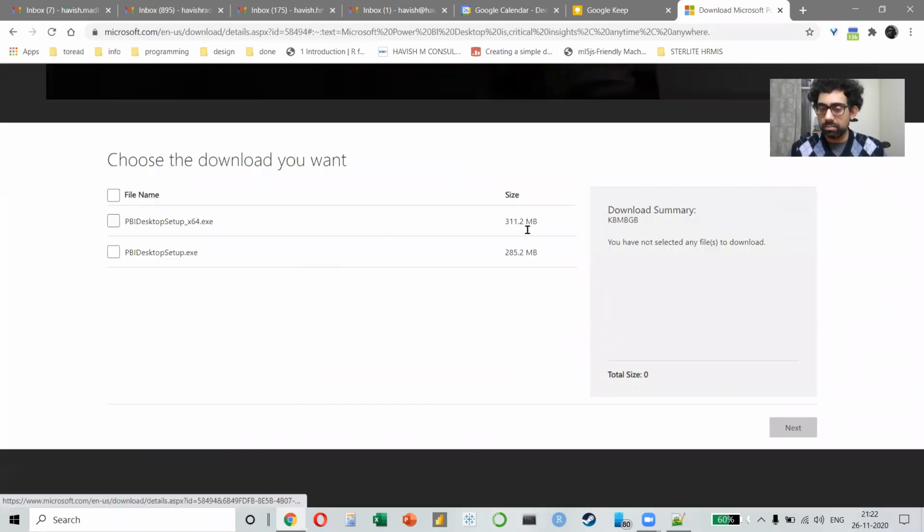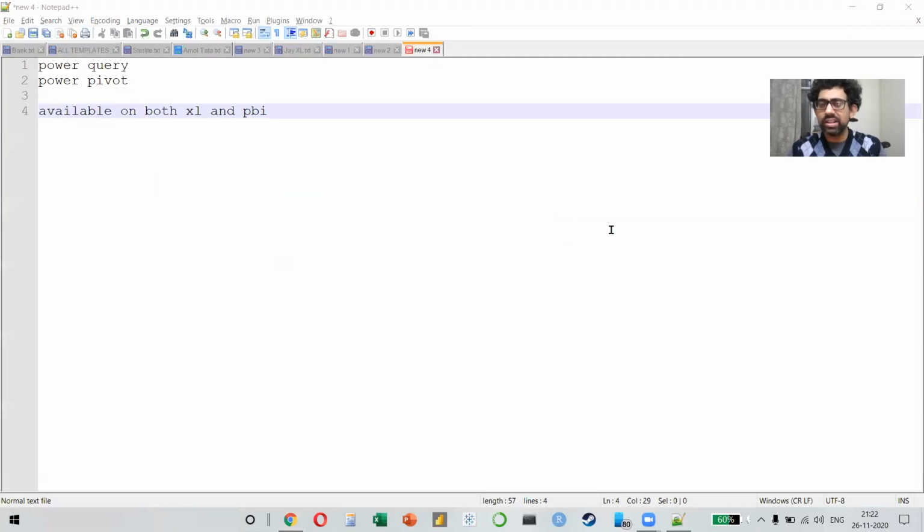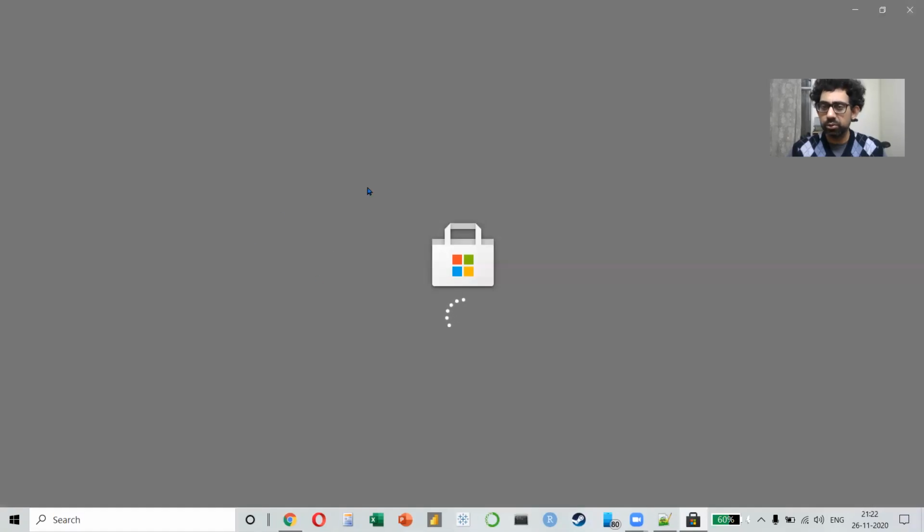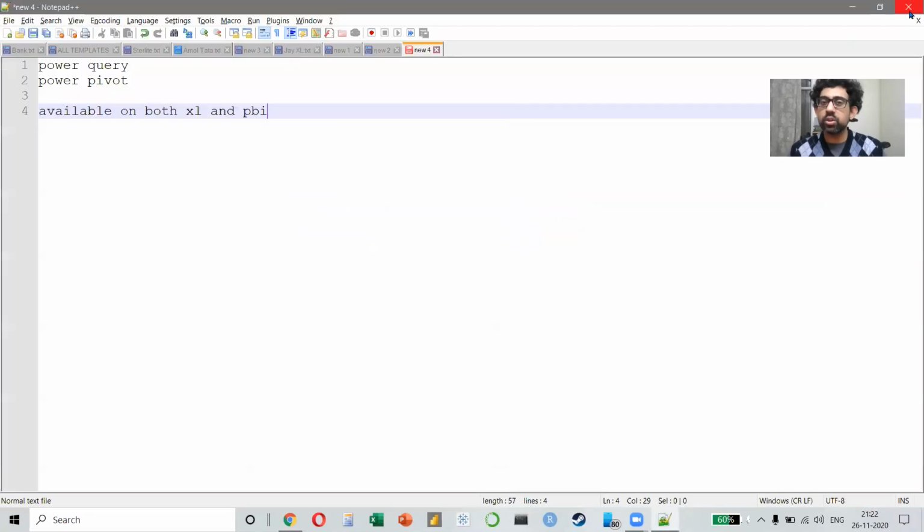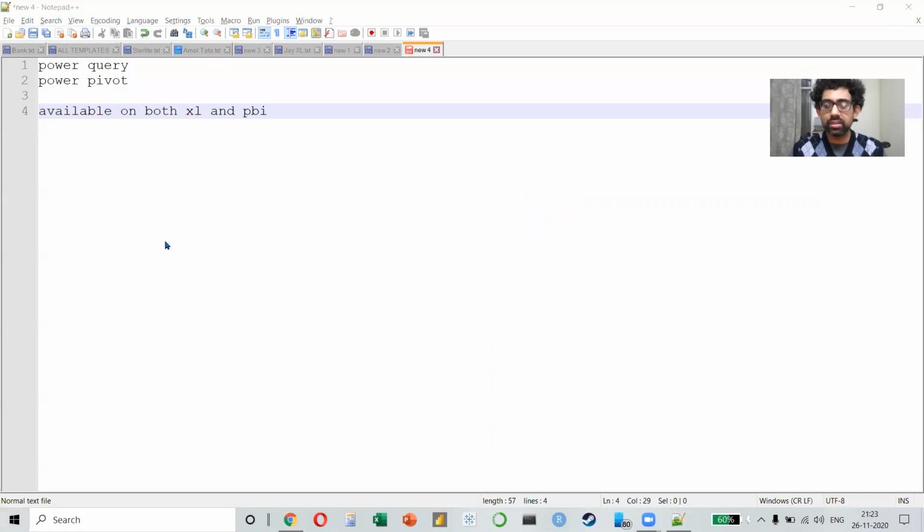There are both versions available. You have a 32-bit and a 64-bit. If you have purchased a laptop in the last 4 or 5 years, it should be a 64-bit computer. But it's good to know that they are even supporting older computers with a 32-bit system. This is how you will download and install it, right? Very simple. But the store is already there. I think the store would be the easier way to do this, so that you also get automatic updates.